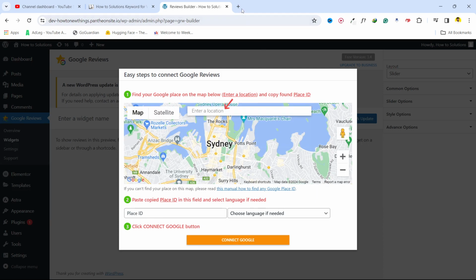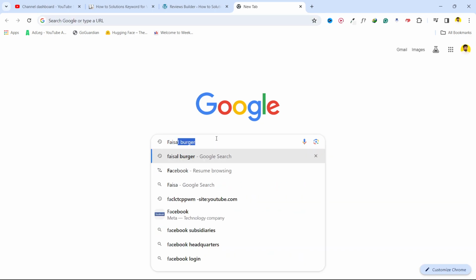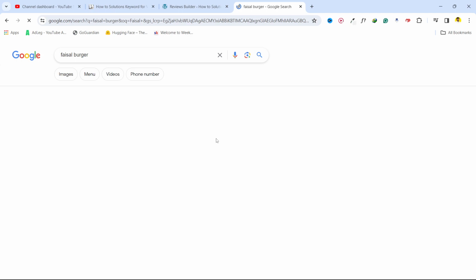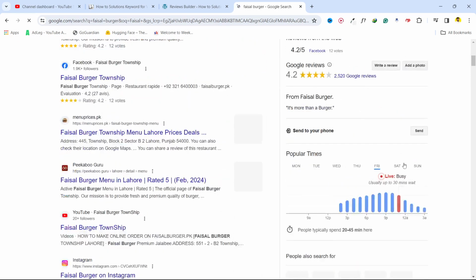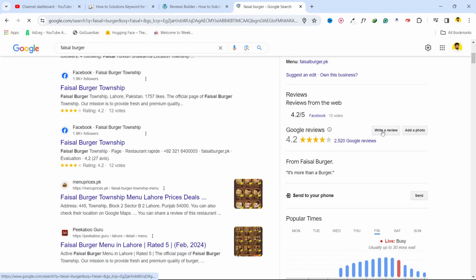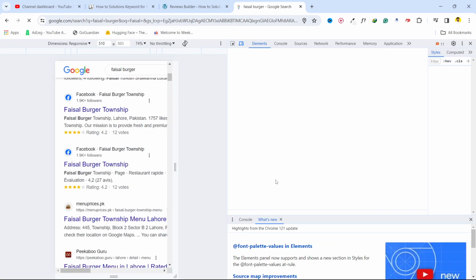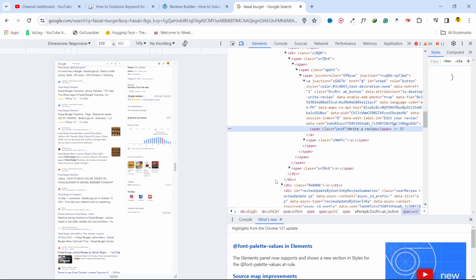So how you can find that? So you simply need to go and open your business onto the Google. So let's suppose this is my business, and here you can see option of write a review. Then you need to click the right mouse cursor, click on inspect and click on Control F, and here you need to mention